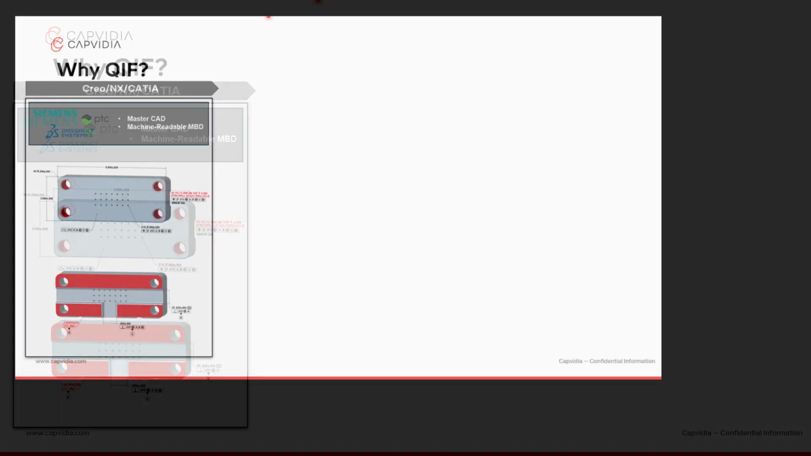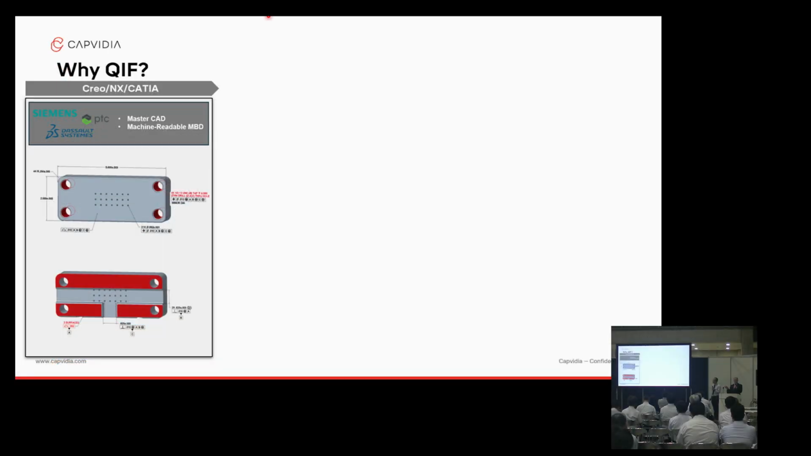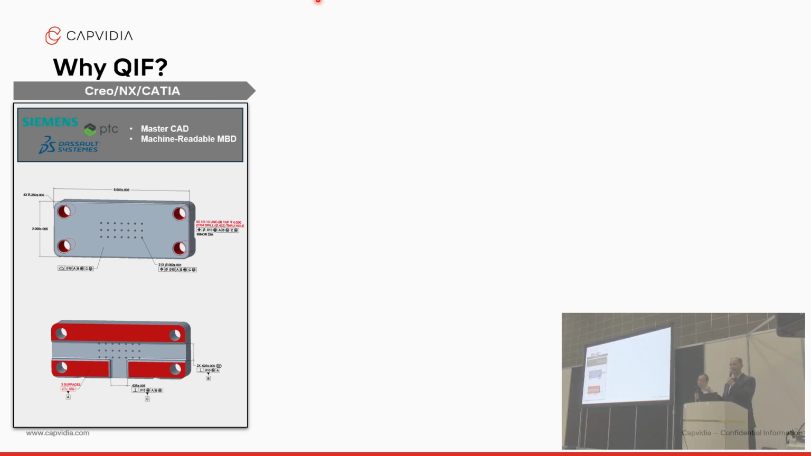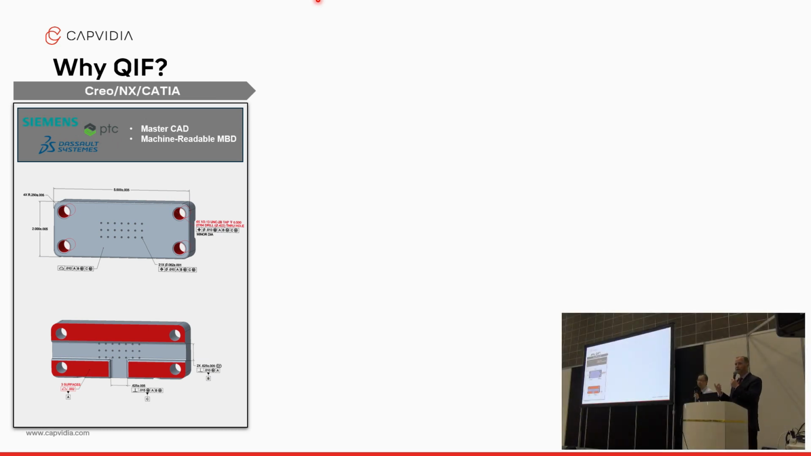So, how are we using QIF in the real world? So it all starts out, of course, with a native proprietary model. So this might be Creo, this might be NX, this might be CATIA, maybe it's SolidWorks or Inventor. It's some CAD data where you are specifying 3D annotations in your CAD model. From there,